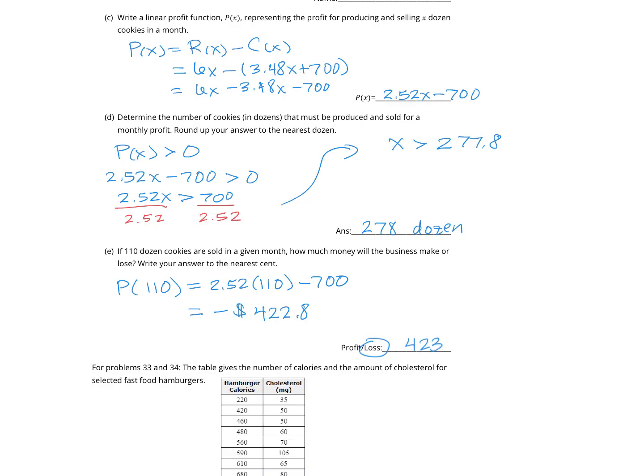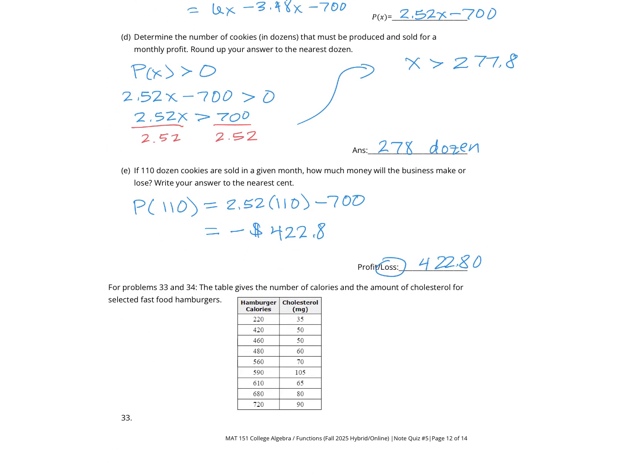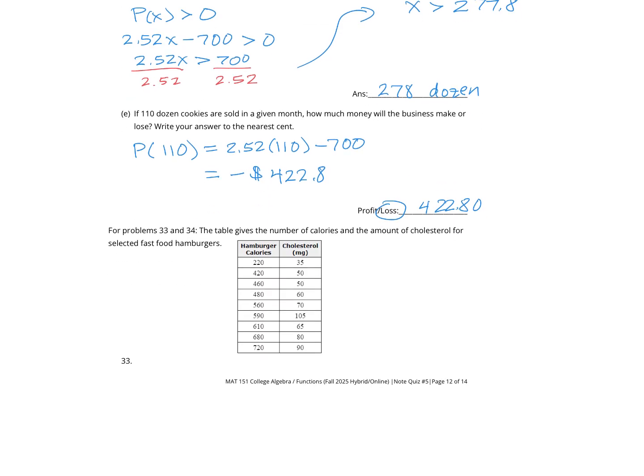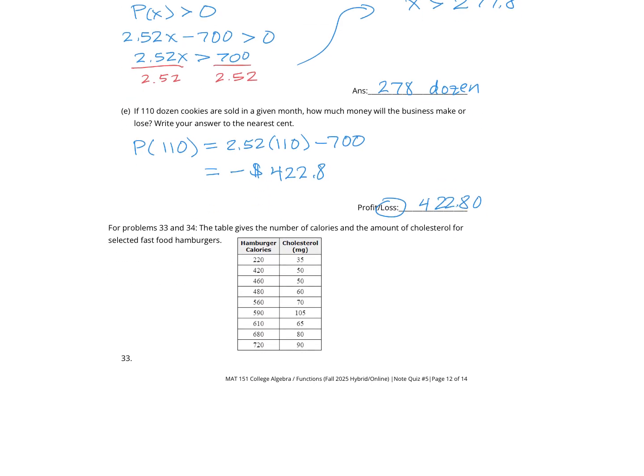or actually, it says round to the nearest cent, so let's be consistent with our directions. That's going to be negative 422.80. So again, we are going to have a loss of $422.80 that month if we only sell 110 dozen of our cookies. All right, now let's move on to another application, and the next application is going to be